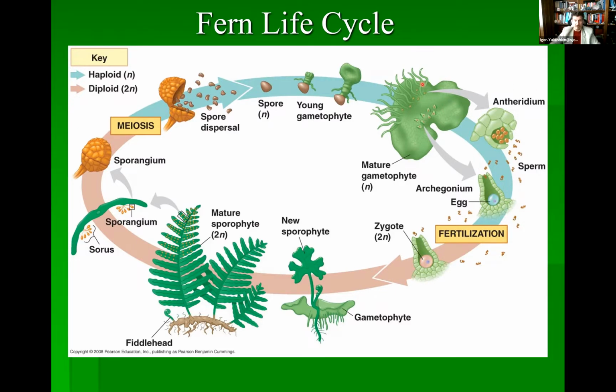So let's say we have one gametophyte, and that particular gametophyte, as you can see, has kind of a heart-shaped structure, so it's known as the Irish heart or heart. We'll talk about that because it kind of looks like an Irish Valentine, quite often referred to that way, because it looks like a heart, but Irish is the green color, the color of Ireland.